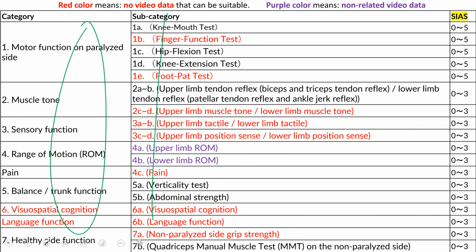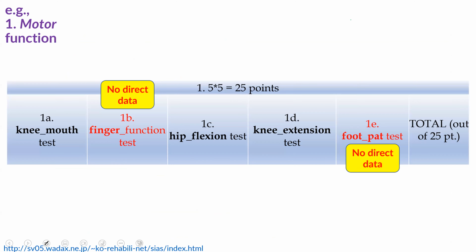From video, it is extremely difficult to get this kind of pain information or language function or visual spatial cognition and others. And you give a score 0 to 5. If I am normal, you give 5. If I am sick or super sick, or even I cannot move my hand or have a paralyzed part, you give me 0 or 1. So based on this, I am evaluated.